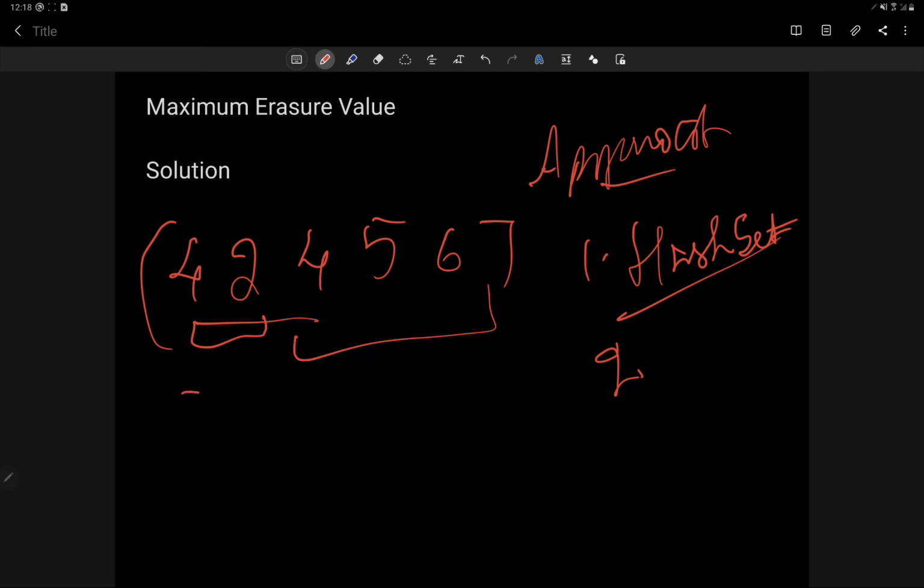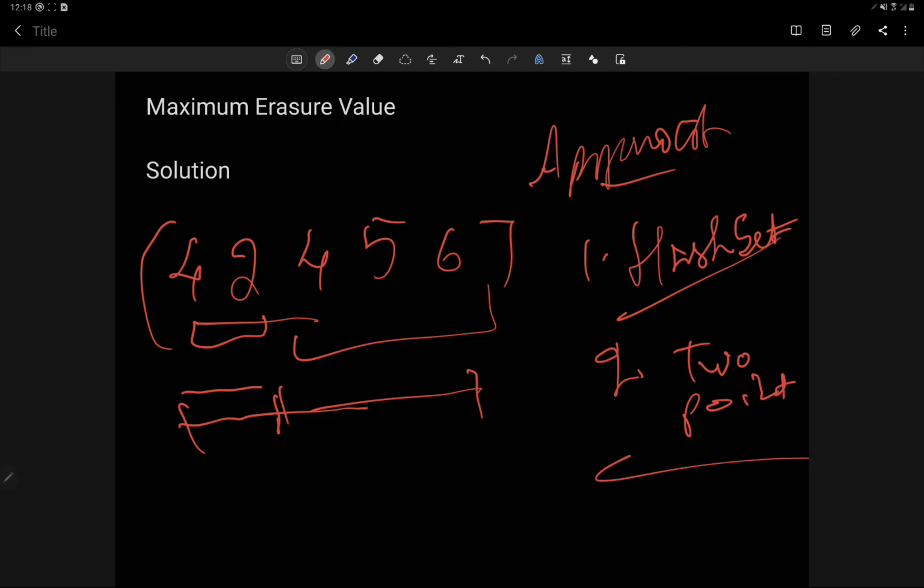Alright, so if our window is in one pass, if we are traveling from here to here, and we know that if it's occurred, we will move our window from here to here rather than from this to this, changing the window accordingly. So how can sliding window questions be done? They are done with the help of two pointers. So these are the two things that we will be requiring for solving this particular question. Alright, I hope that's clear.